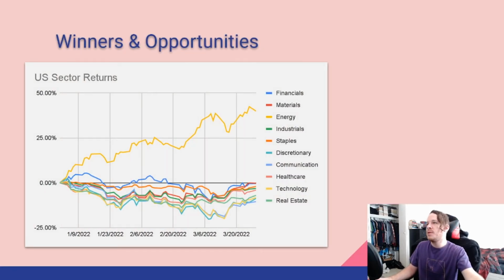So narrowing into the US sector returns, these are done through the Vanguard sector indices. That's the way I like to measure it, and I do like to include dividends estimated where it has to be. This is the returns across all the sectors. Obviously, the huge outlier being the massive outperformance of energy,